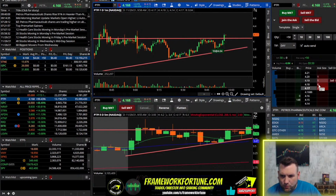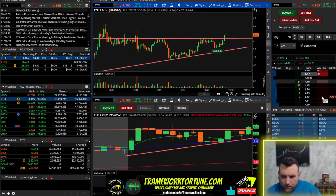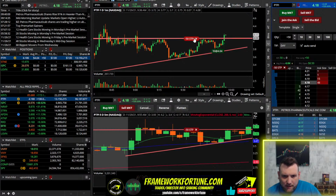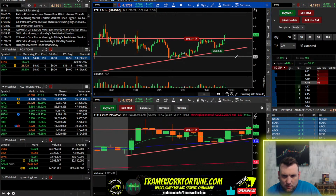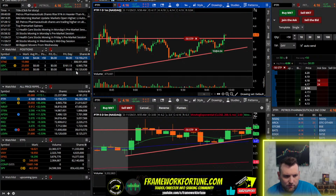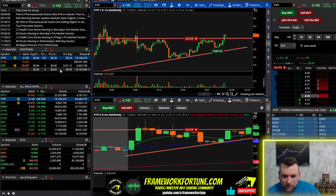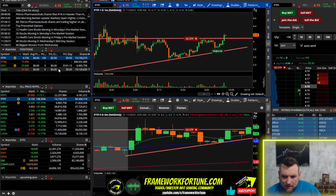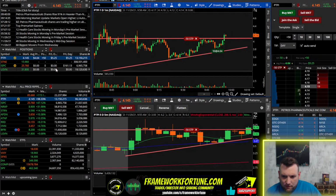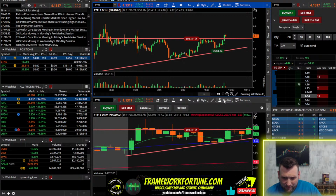$410 is kind of that support area. So I'm going to put a stop loss right up below 410 for now, just in case it comes back down on me. I won't give back any profits because I got those other profits. I really don't want to give back any whatsoever. And if this thing doesn't start breaking out nicely, because it is under $5, so...